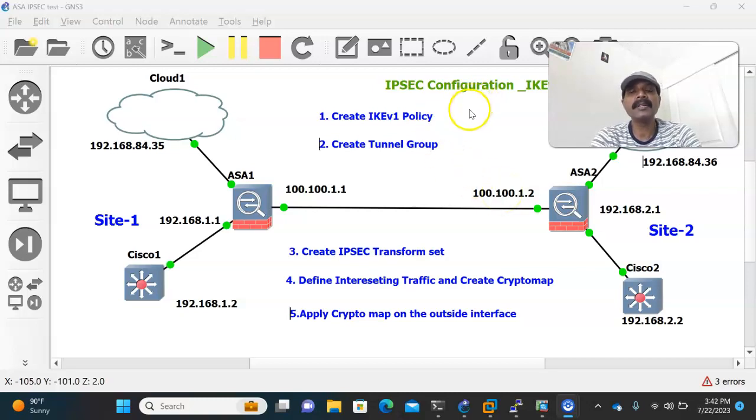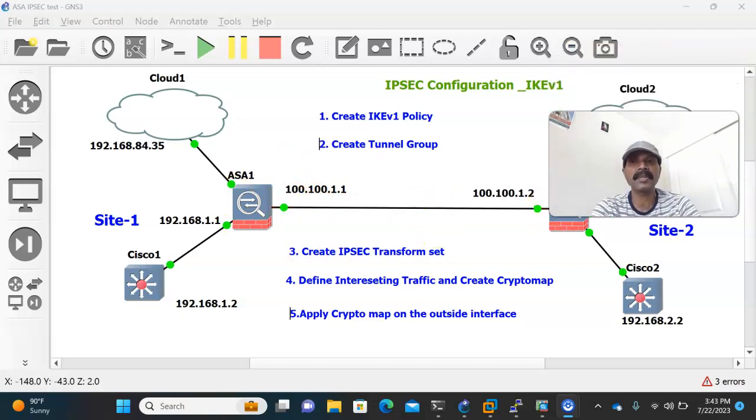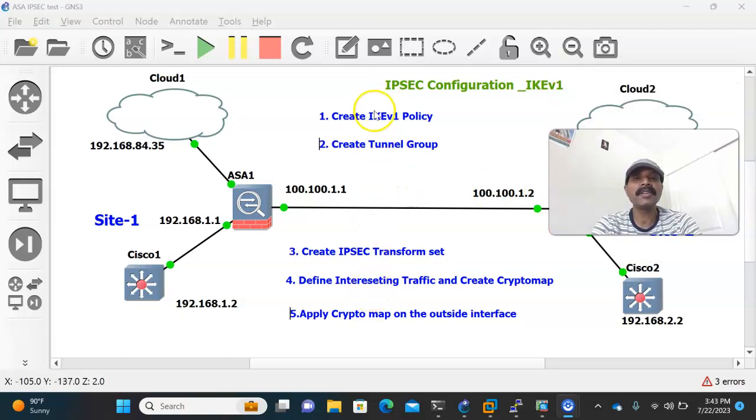So IPsec is segregated into two phases, phase 1 and phase 2. Phase 1 we call the ISAKMP phase, which is used for exchanging the secret keys, and phase 2 is the IPsec phase, which is used for protecting the data sent over an untrusted network. Okay, and these are the configuration steps which you are going to follow, which I am going to show you